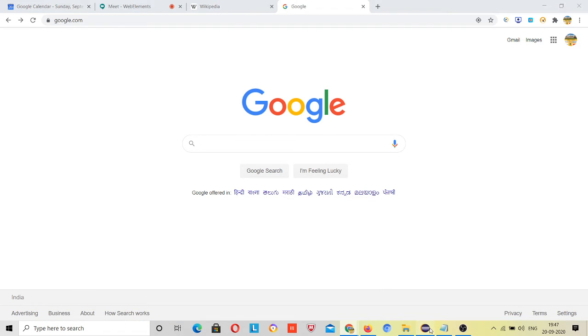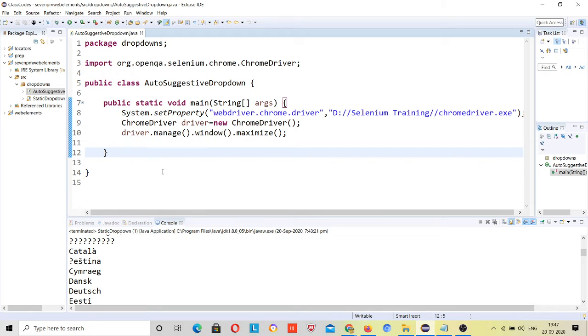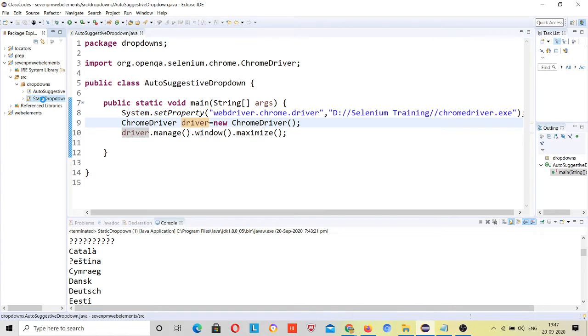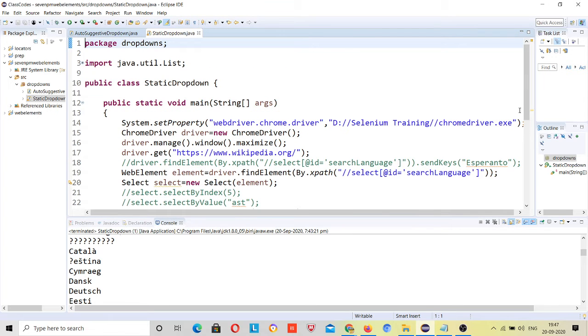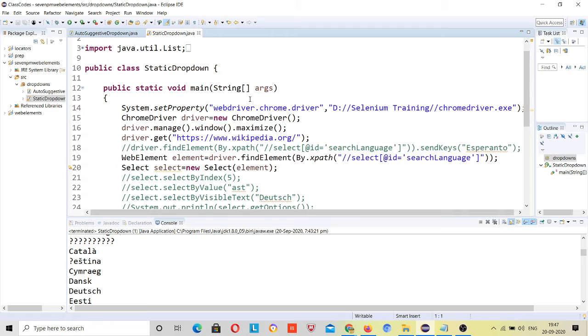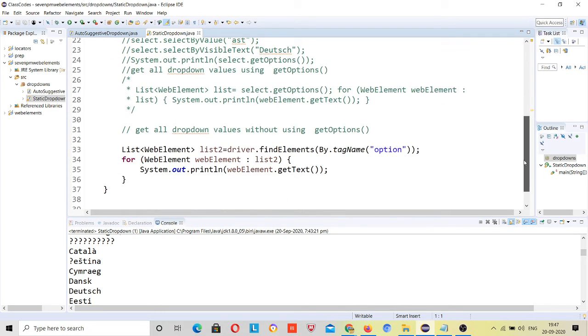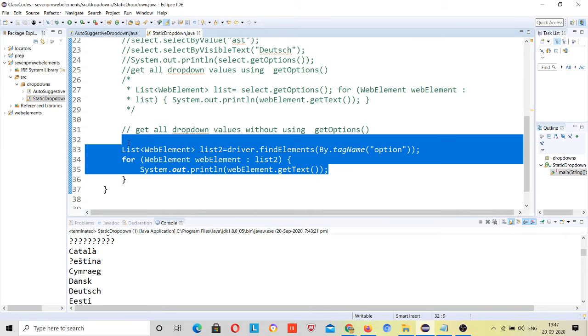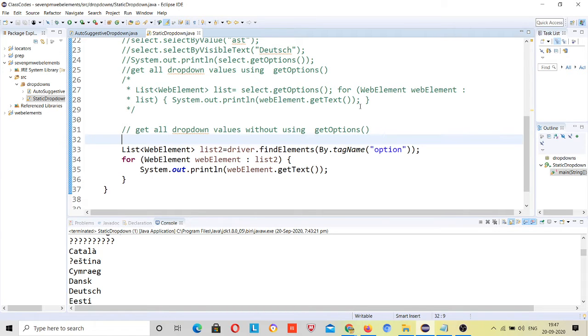Let's see. The same way that I have covered for the dynamic drop down, the answer for the second one, if you don't want to use get options, is the same way for this. If you understand this find elements, then it will be easy for you, right?